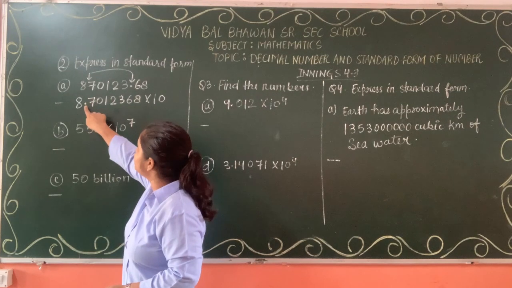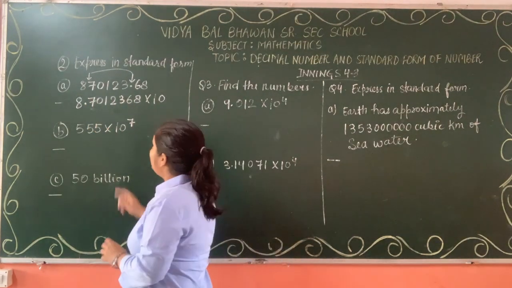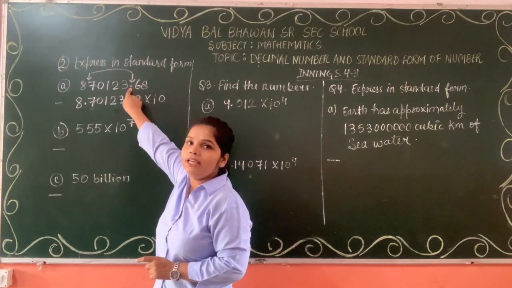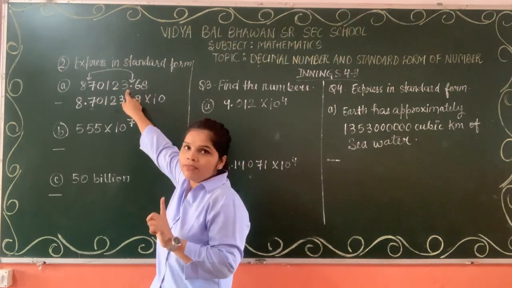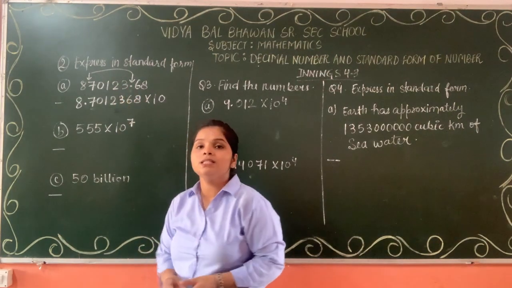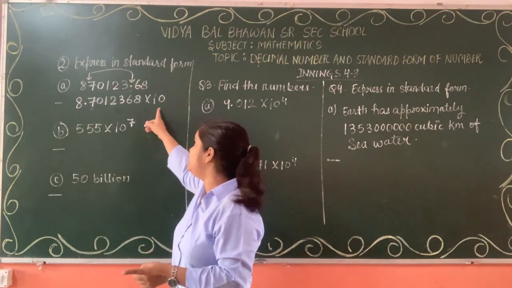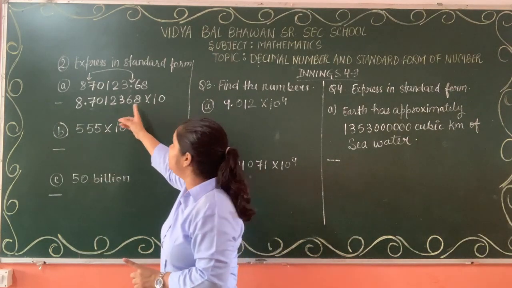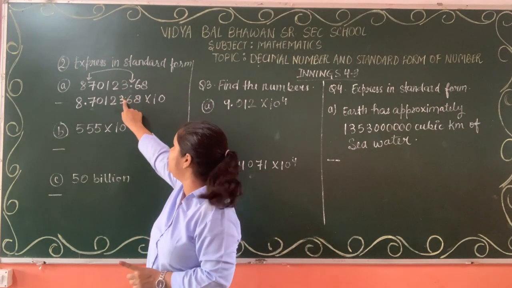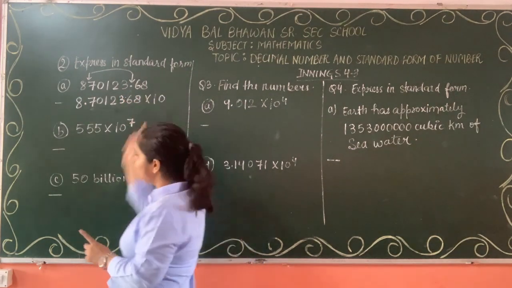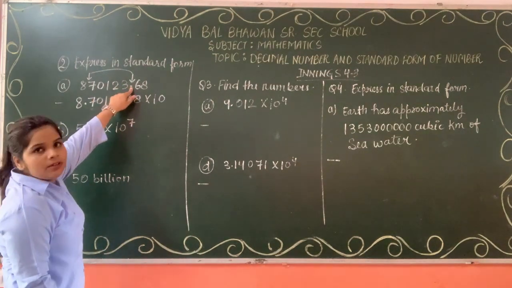Like here is the decimal, we are counting all the digits here. But right now the decimal was already somewhere in between the number. So now how many places have we shifted the decimal? We need to count that and then raise the power of 10. We are not going to count all the digits because the decimal was already here in between 3 and 6. So count the number of places we have shifted the decimal. We have shifted the decimal from here to here.